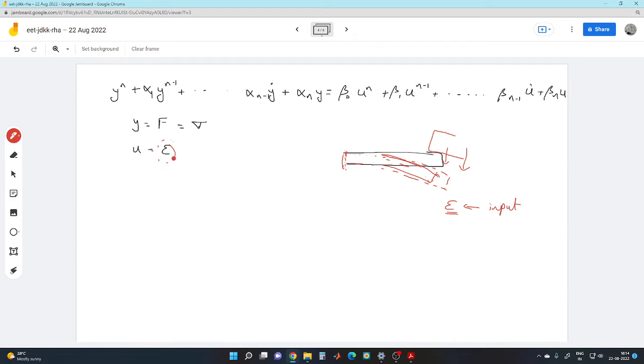So if we see the equation, we were given the equation as sigma double dot plus 20 sigma dot plus 200 sigma is equal to 30 epsilon double dot plus 400 epsilon dot. So if we compare these two equations, what will be the value of alpha 1? Alpha 1 will come as,